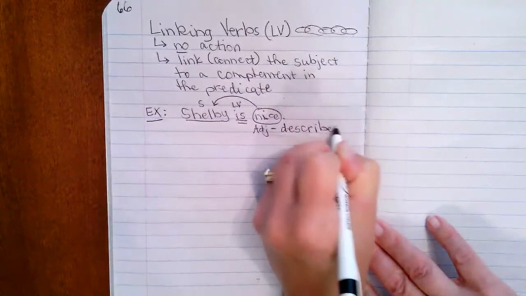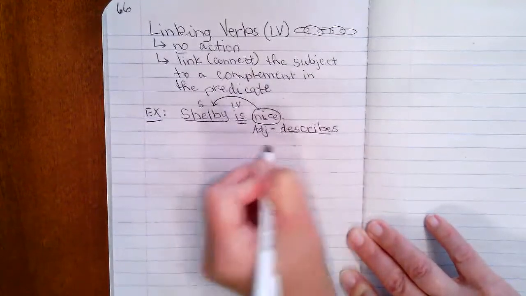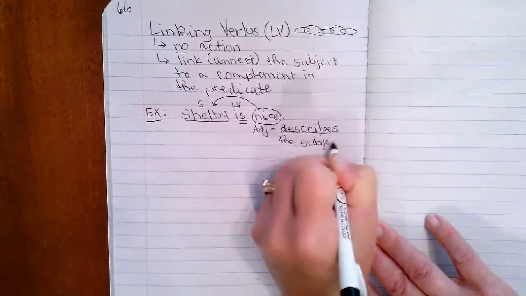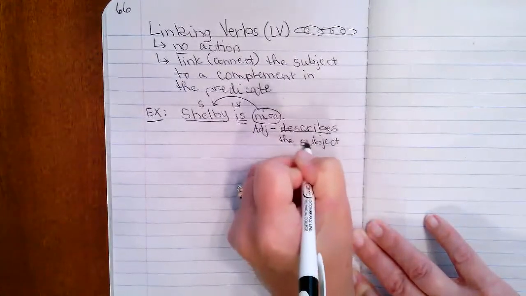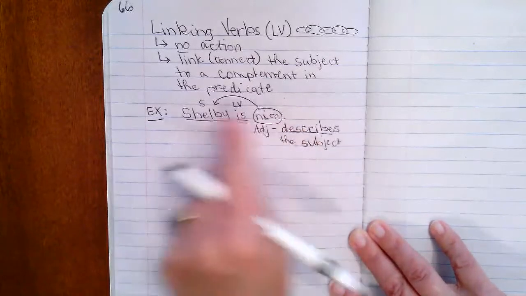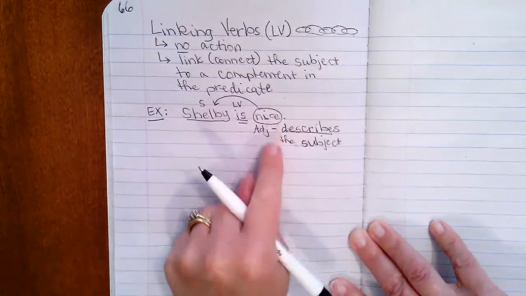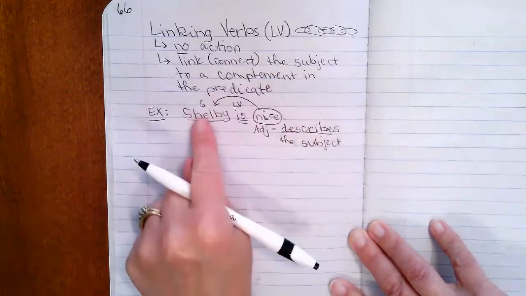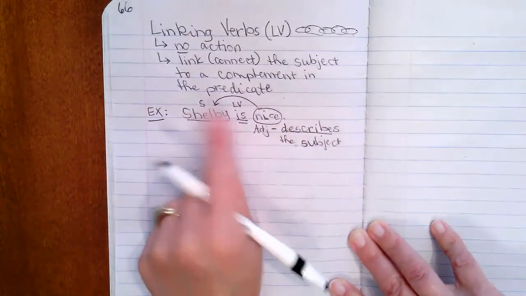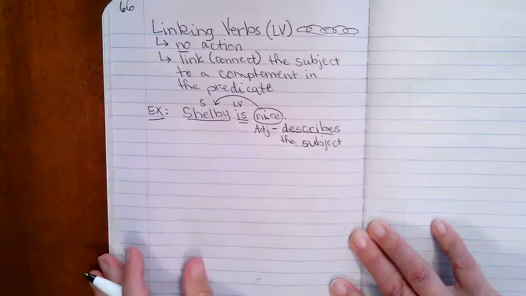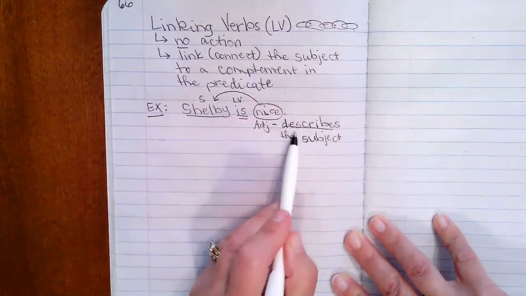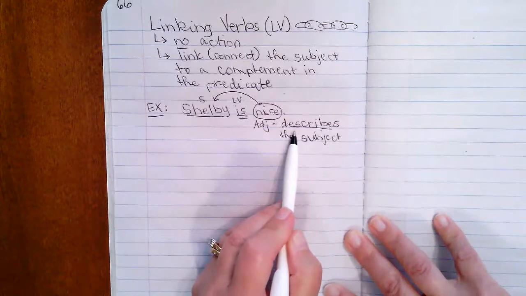The adjective here describes the subject, okay? All right, so that's one way a linking verb can do things. It can just go back and describe the subject. Nice is an adjective that is describing shall be. Is our linking verb. It is not showing action, okay? So that's one thing a linking verb can do, is make a connection to an adjective or a describing word,